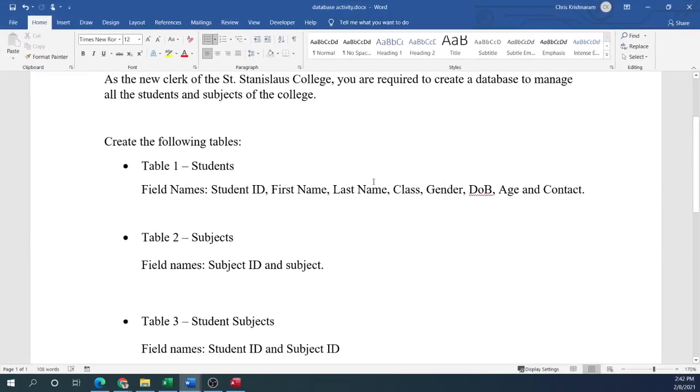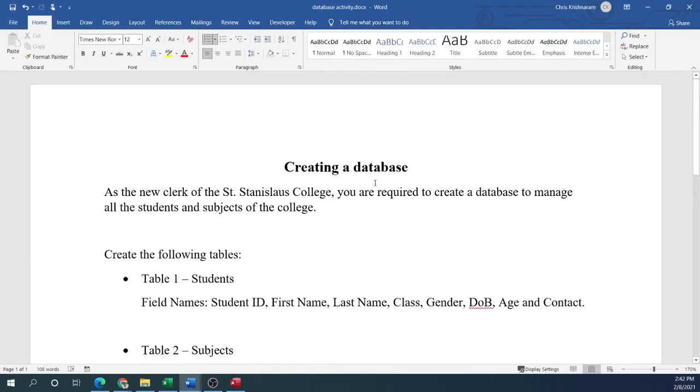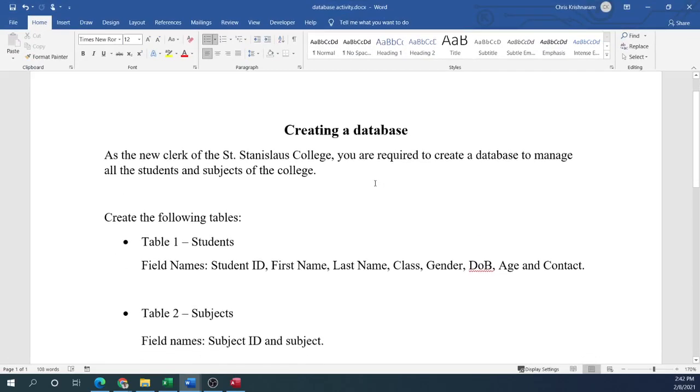So I'm working on a simple assignment for you guys to work on. You can work on it individually, you can work at it in groups. That's up to you. You can come together and work together to create the database. That is fine. I have no problem with that. The same group you're doing the SB in, you can do it in the same group also. For those of you who can't remember your groups,